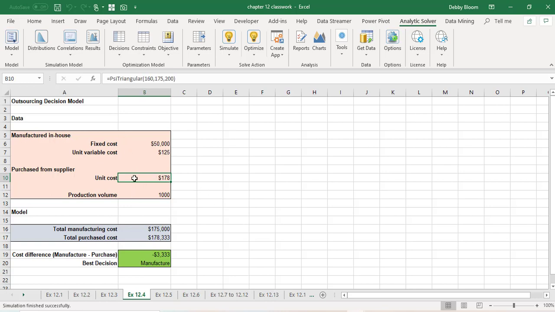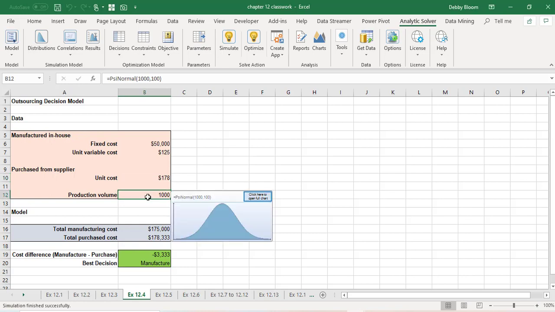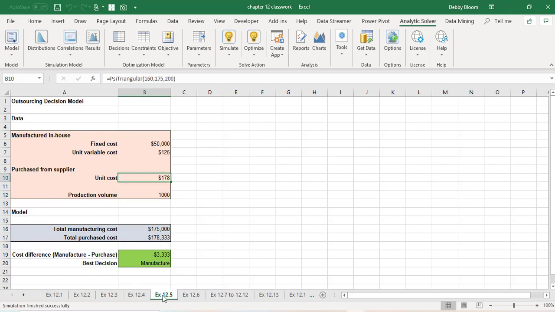So now I've been able to save the formulas and the distributions in both of my cells. You can see here when I hover over B10, it shows me my triangular distribution, and when I select B12, it shows me my normal distribution. Now we're going to move on to example 12.5, which is the next step before we run the